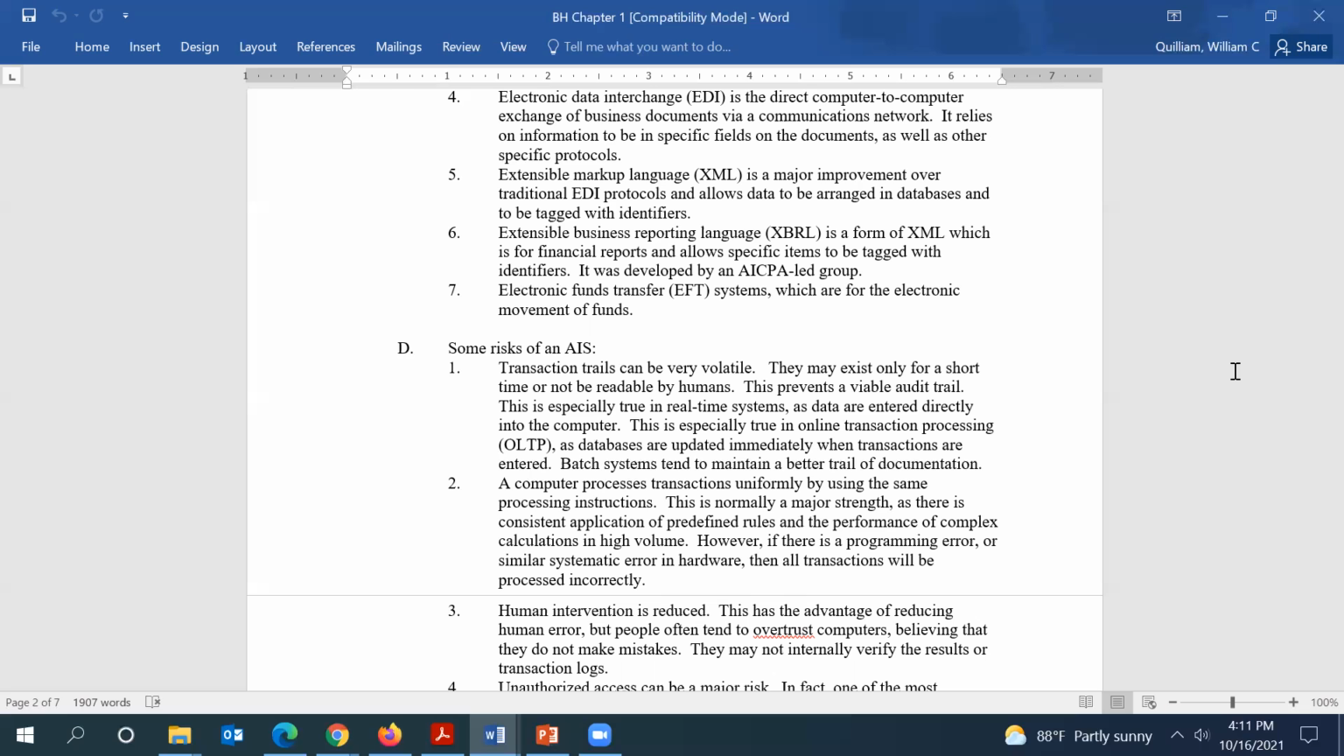And number 7, EFT, electronic funds transfer systems for electronic movement of funds. We pay something online, we've used EFT. Actually, if we write a paper check, we're going to use EFT as well. Because what happens to that paper check? It gets turned into a